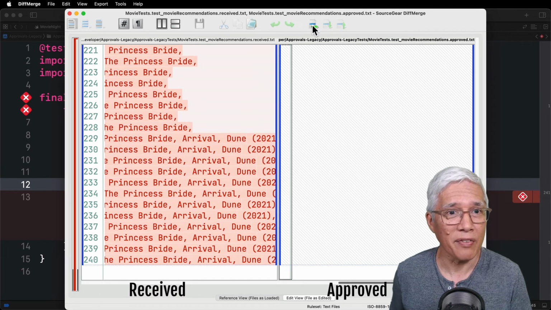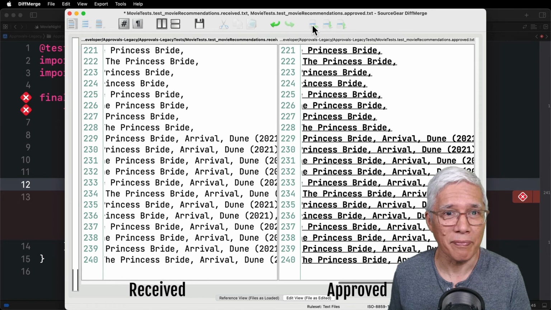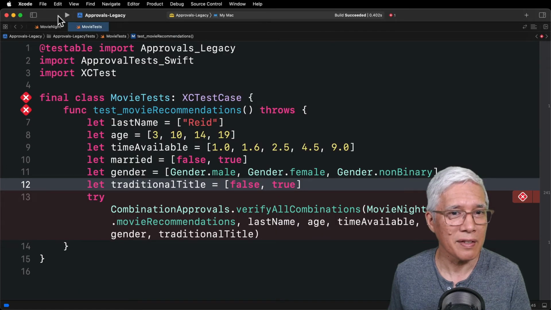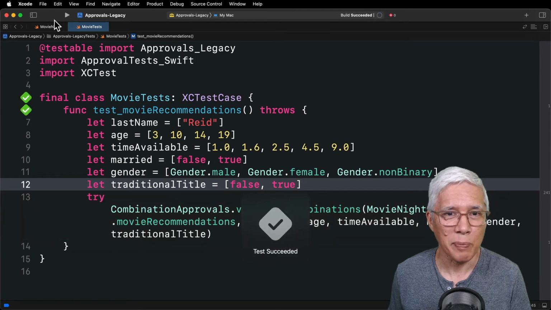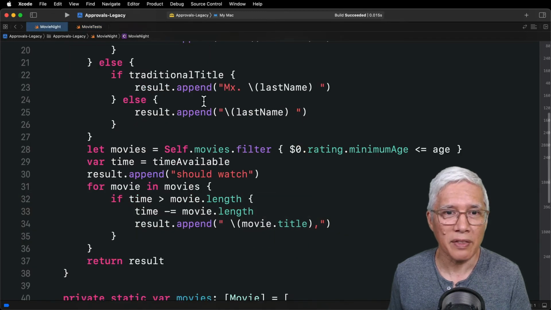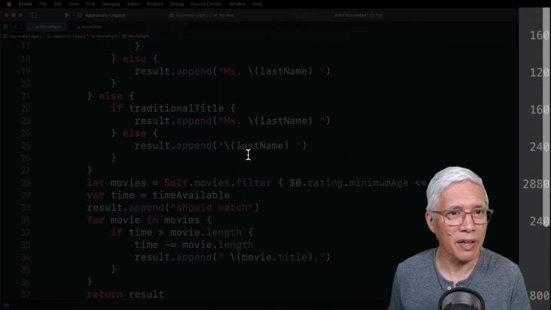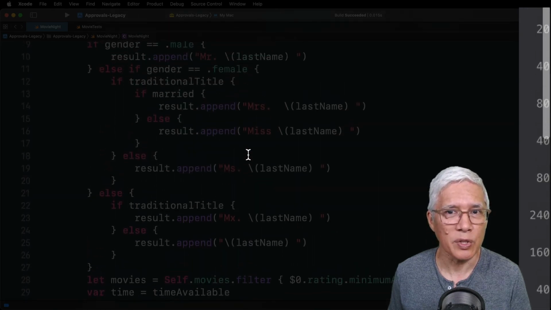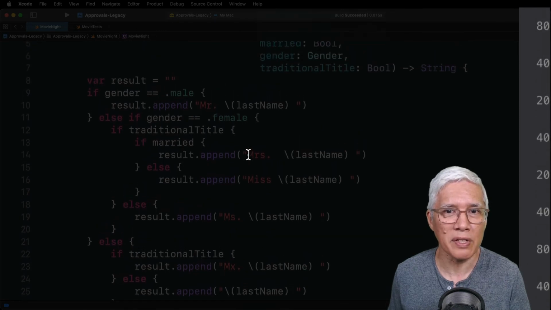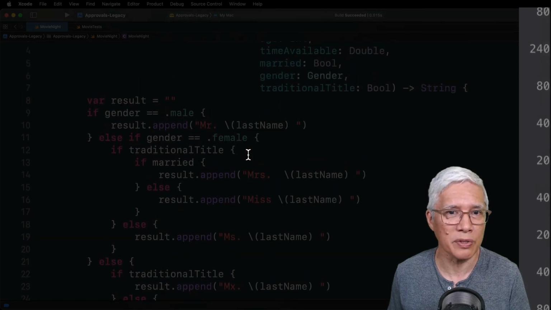And now we have a nice test. Let me run this again. Test passes. And if we look at the test coverage, it looks like we may be covering every path. It took very little work to generate all of these situations and verify each result.